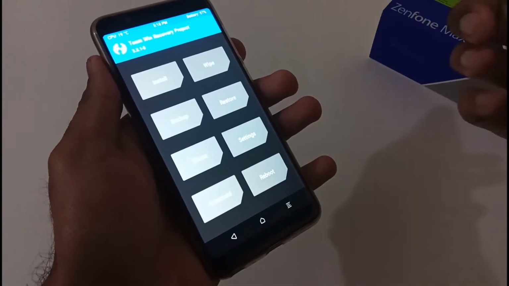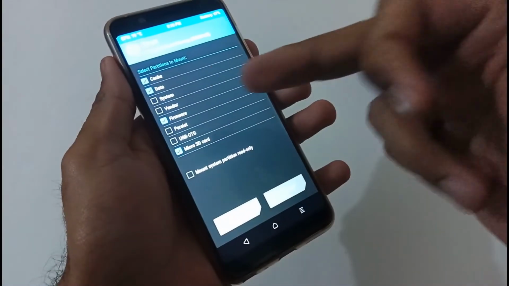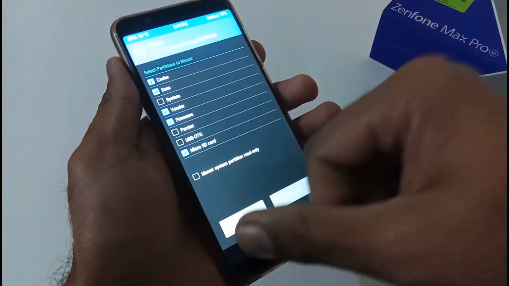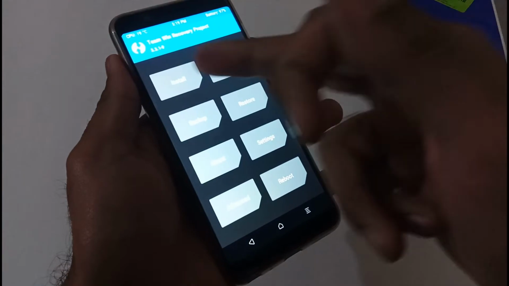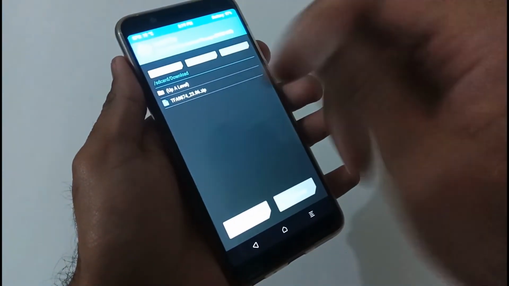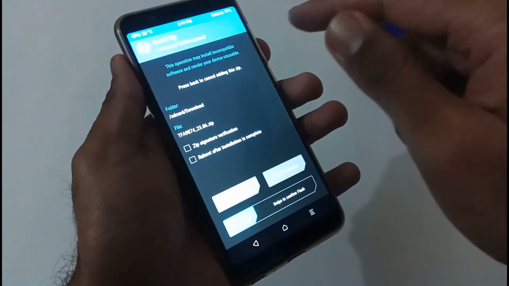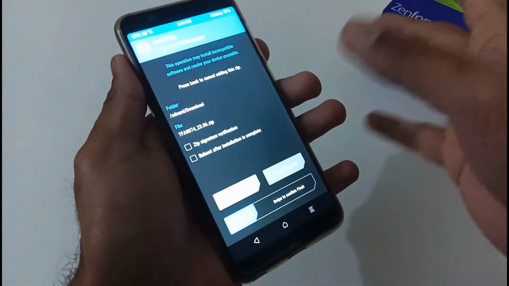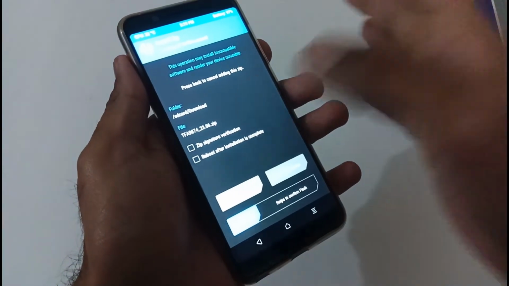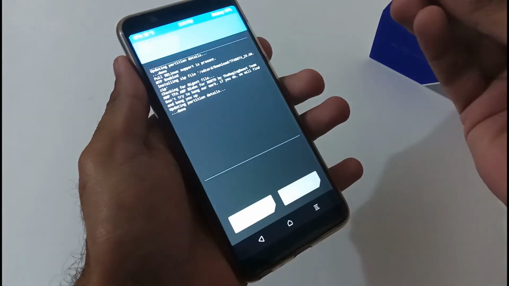Finally we have booted into the recovery mode. According to our blog, we first go to mount, and here we mount the vendor partition. Afterward, go back and move to install. You can find that particular downloaded file, as I have kept it in my download folder. I'll tap it here. Wherever you have put it, select that folder and then the file, and swipe to confirm the flash. It will hardly take 1 or 2 seconds.